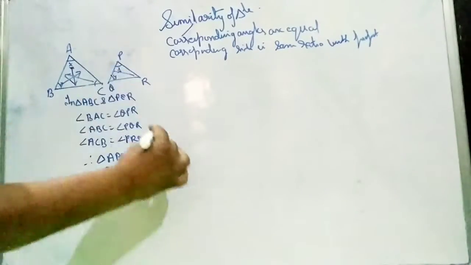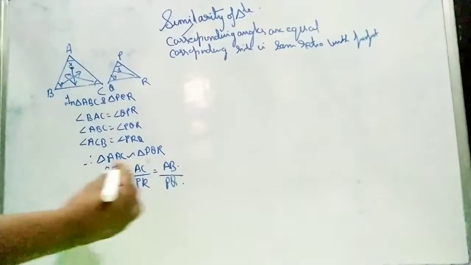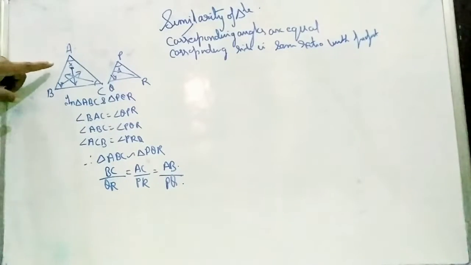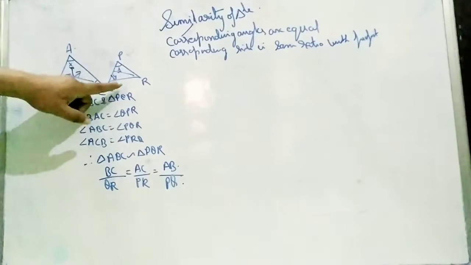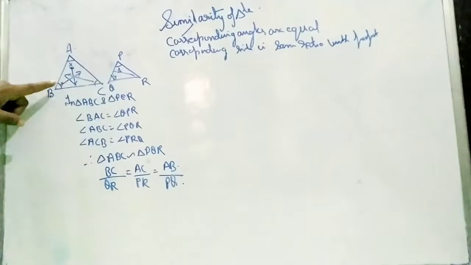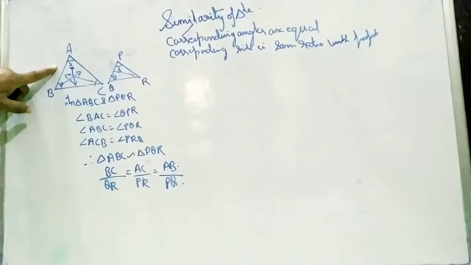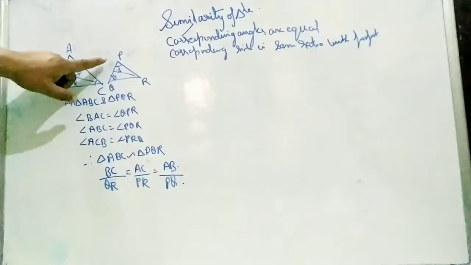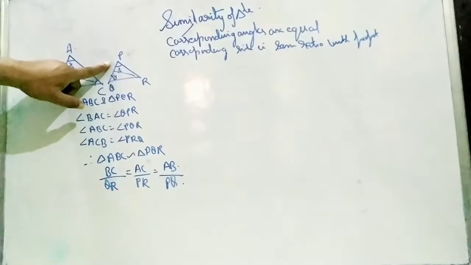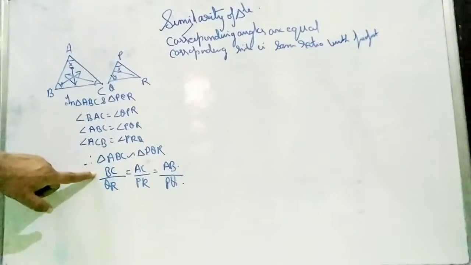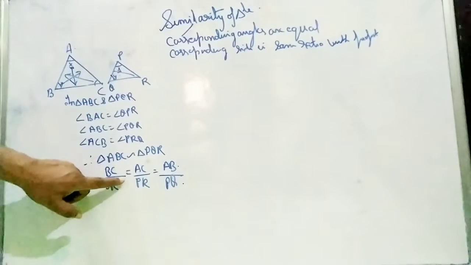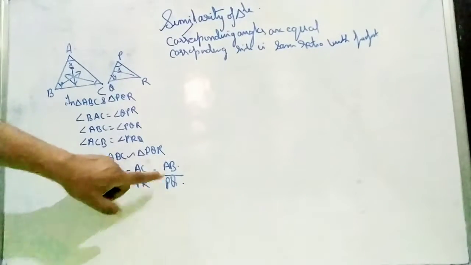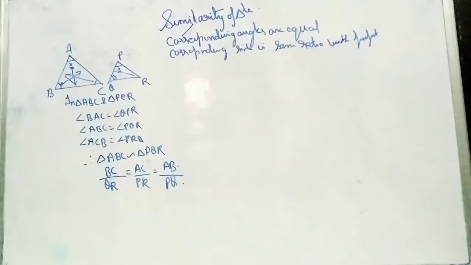upon PQ. So, you have to decide which triangle you take in the numerator of the ratio and which in the denominator. All the sides of ABC will be in the numerator and all the sides of PQR in the denominator. So, that will represent the ratio BC upon QR is equal to AC upon PR and AB upon PQ. Is this clear? This is the representation that the triangles are similar.